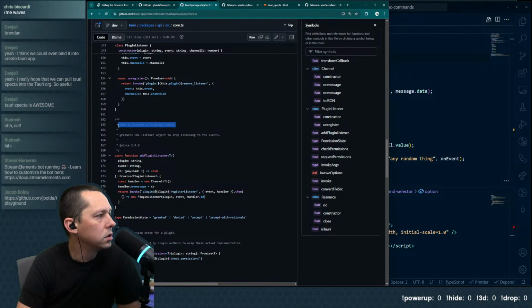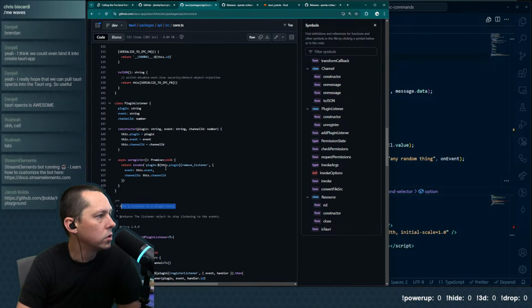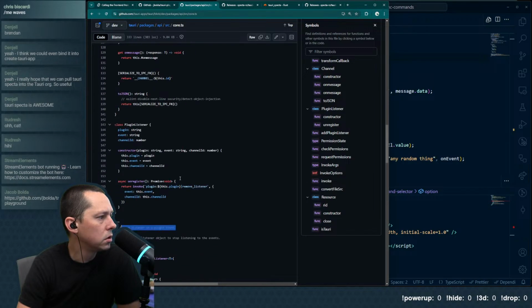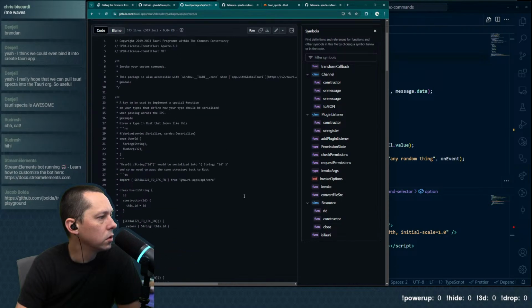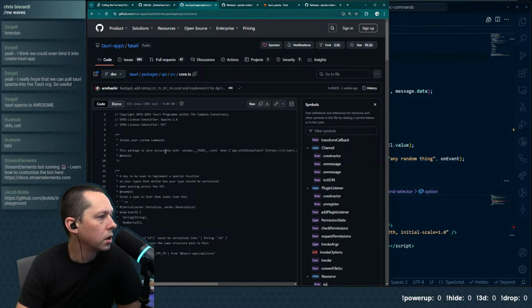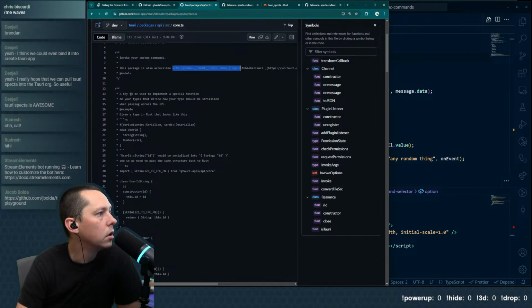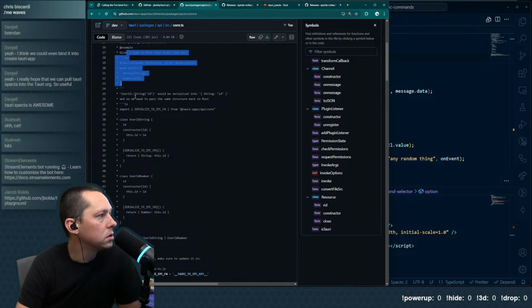So I'm guessing that means you can make a channel for a plugin. So is this sort of global-ish state? This package is accessible, given a type like this.